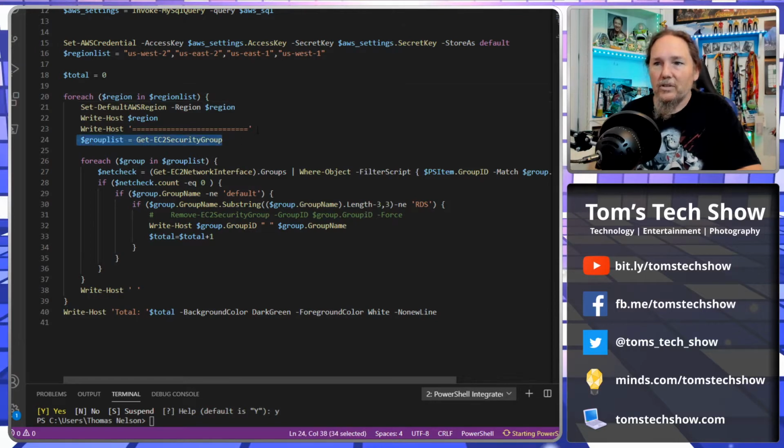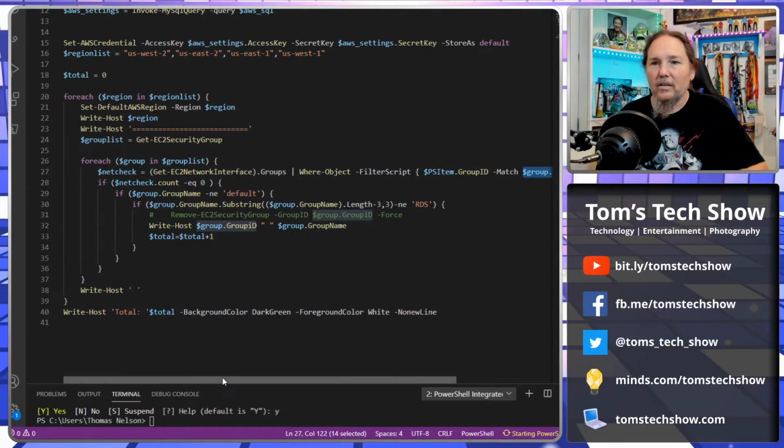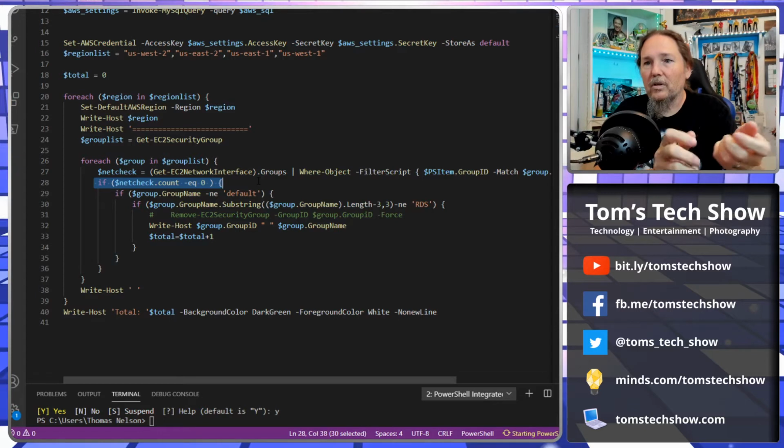So we have to get a group list. I give my output a little header up here, and then we get our group list. In this whole region, we're going to get all the groups in the region, then we're going to loop through them. For every group, we're going to do this net check, which gets our network interfaces and what groups there are, and see if that group ID matches the group ID that's in my list. If that comes back being 0, there are no interfaces connected to my groups,